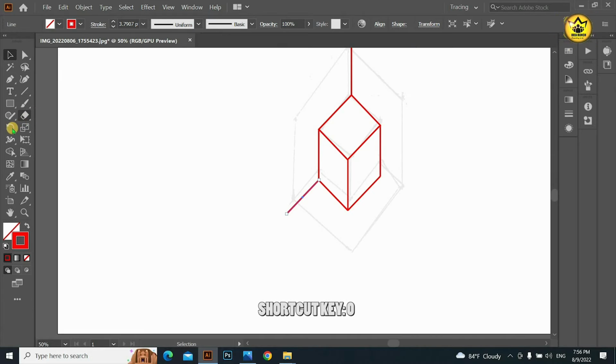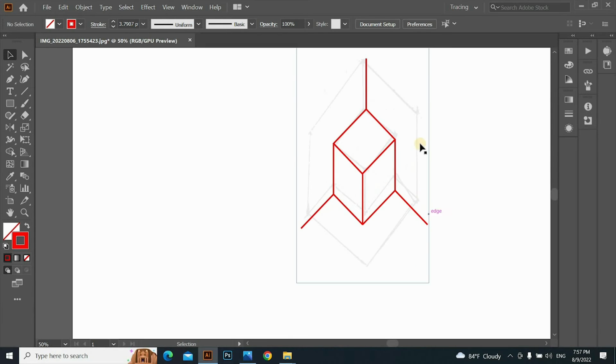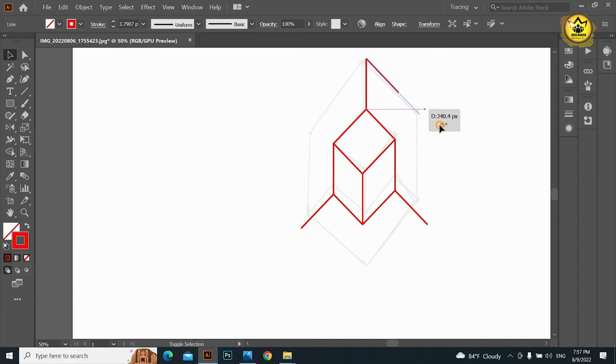Let's reflect the copy obtained, using the Reflect tool, to move it to the other side. In this way I make these lines a little longer.